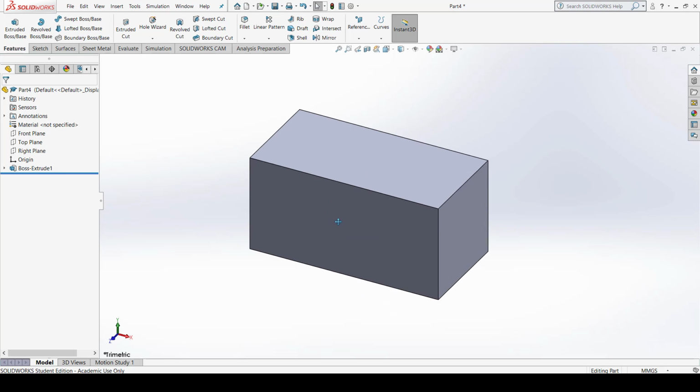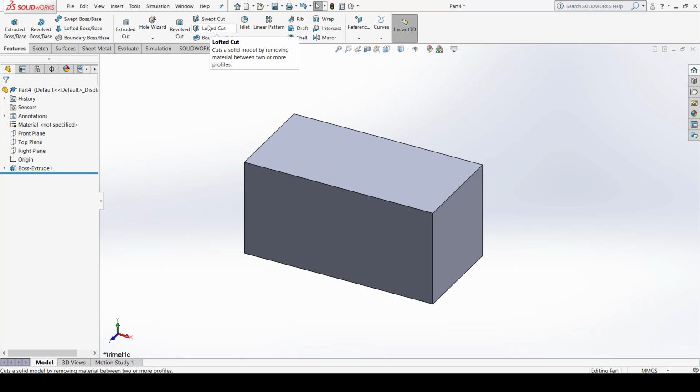Now the loft cut command, which is basically a counterpart of the loft boss base command. We did the loft boss base command in the previous lecture, number 14 in this tutorial series, so you can refer to that video for how to apply it. Loft cut is basically the counterpart of loft boss.